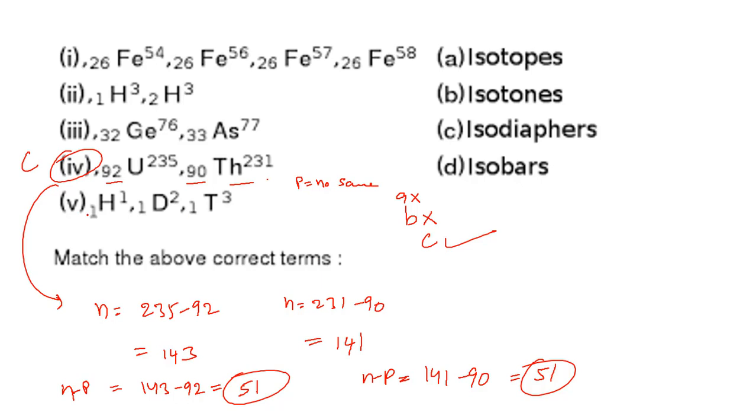The fourth one is C. Then the fifth one, this is hydrogen, deuterium, tritium. The number of protons is the same, so option A. Okay, like this you can solve the